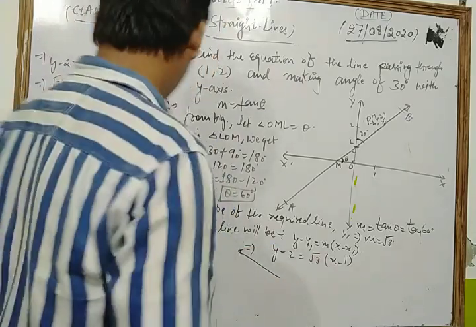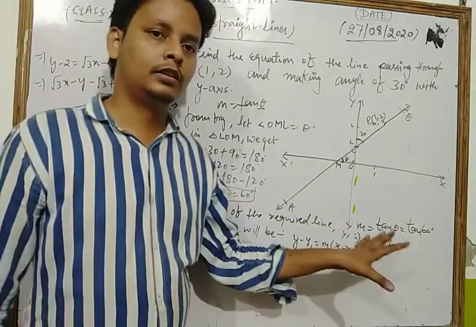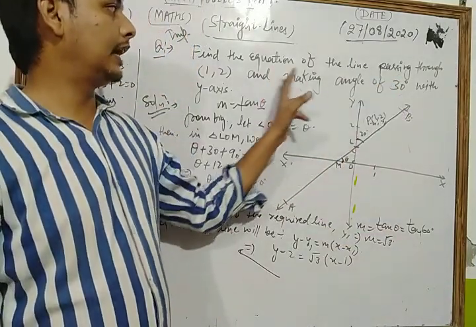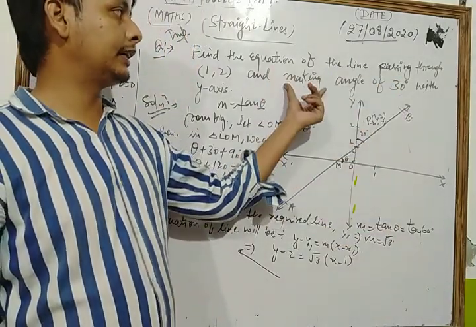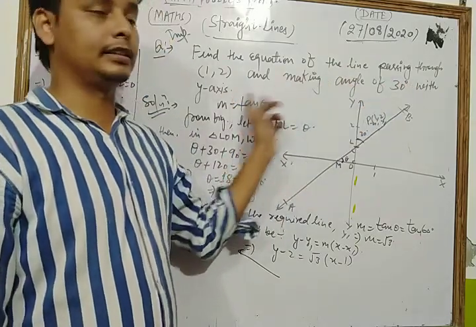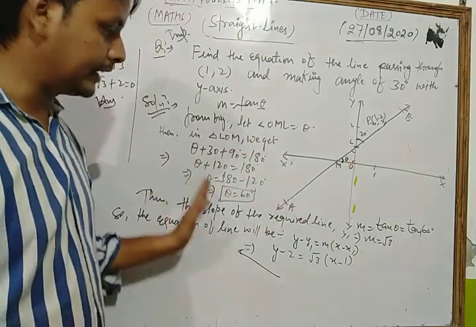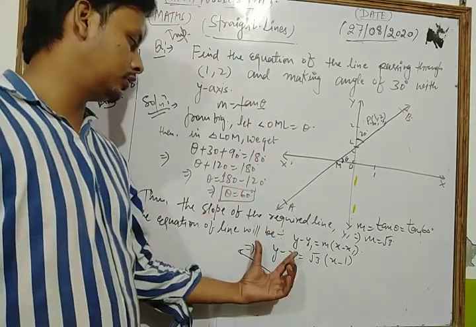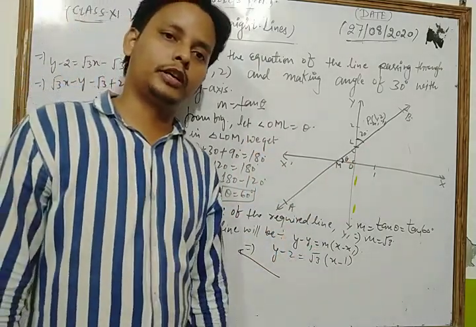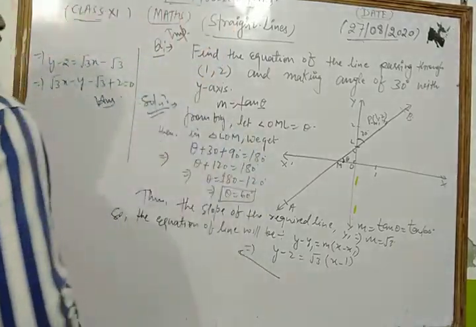Okay, let's see. This is clear now, because in that question the angle is given as making an angle of 30 degrees with the y axis. So here that angle is given. First of all we find that angle applying that concept. After that we apply the formula for the equation of line. Now we take and solve some important questions of your NCERT exercise.